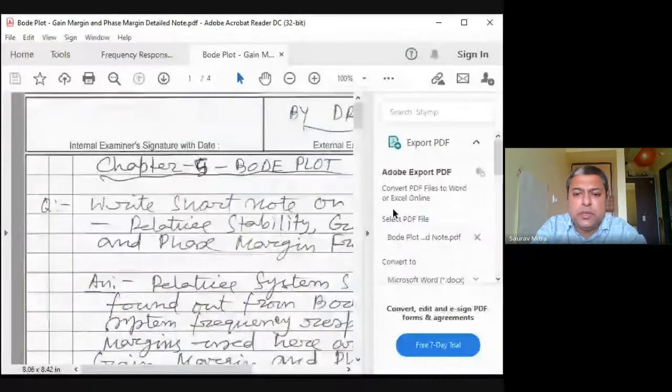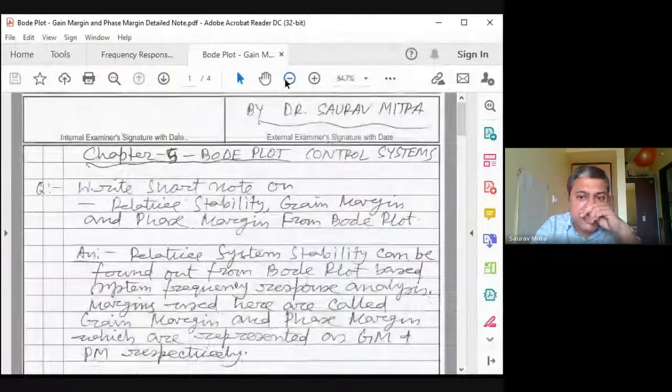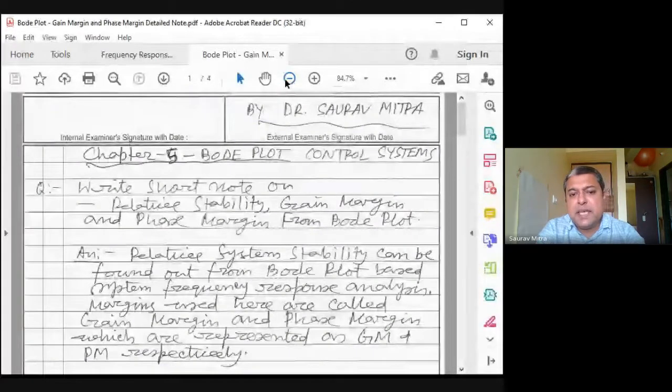So let us again go with my handwritten notes, and I have tried to explain the effect of gain margin. This question is asked very frequently: relative stability, gain margin, phase margin from Bode plot you have to find. And for Bode plot you have to use semi-log graph paper. So from tomorrow onwards, whenever you are coming and sitting for this lecture, you have to sit with semi-log graph paper, calculator, pencil and scale. I'm repeating, otherwise you will not be able to understand.